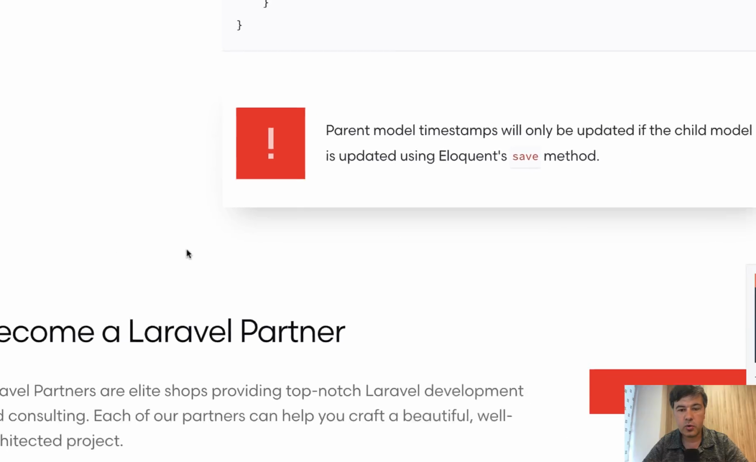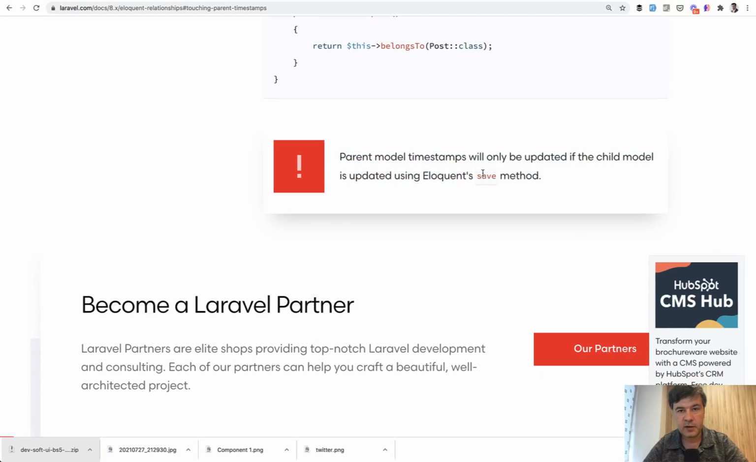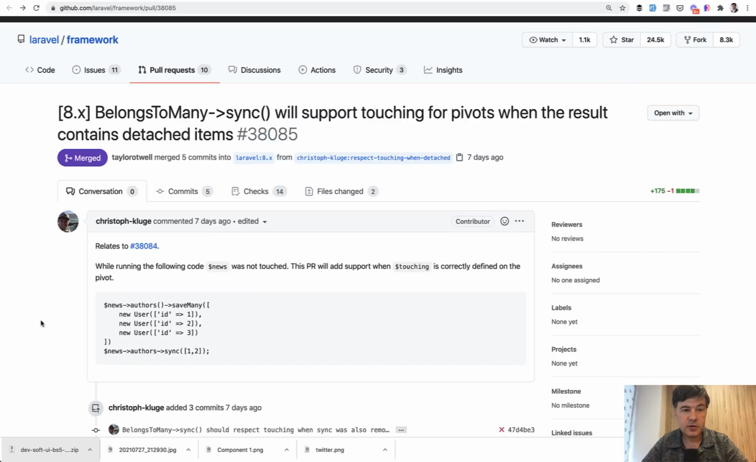And then whenever you call save on the child method, the parent timestamp updated_at will be updated automatically. It will actually call the same touch method that I've shown previously. And this is where we get to the newest Laravel 8.52 improvement. So when you have a pivot table with a many-to-many relationship defined with timestamps and with a separate pivot model, before this change,